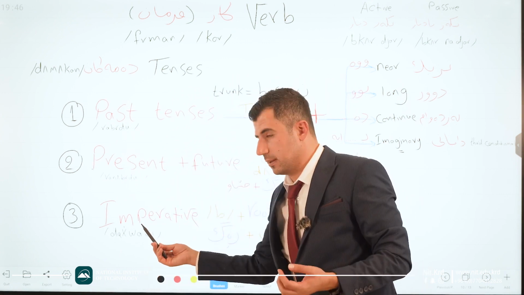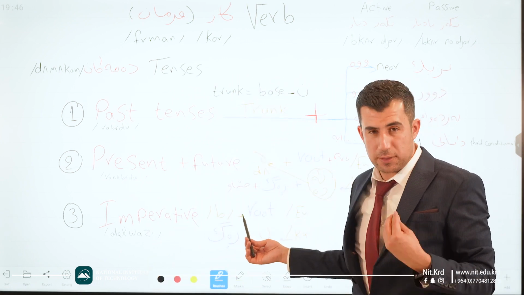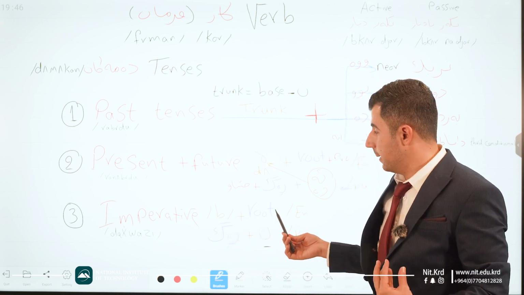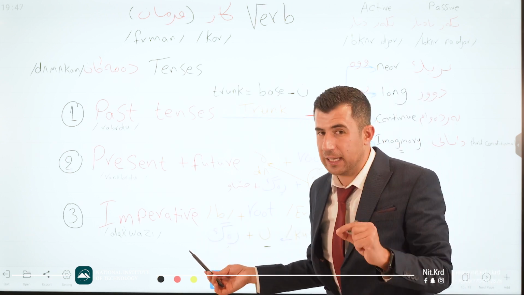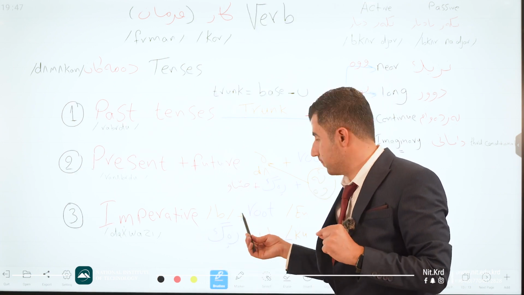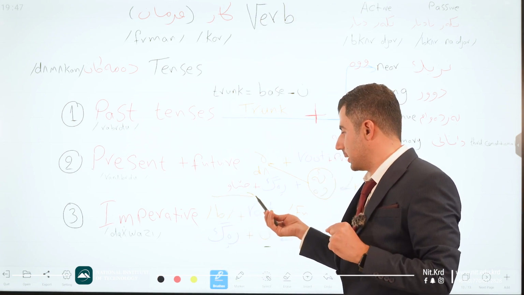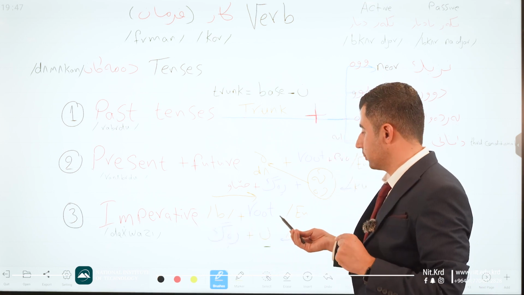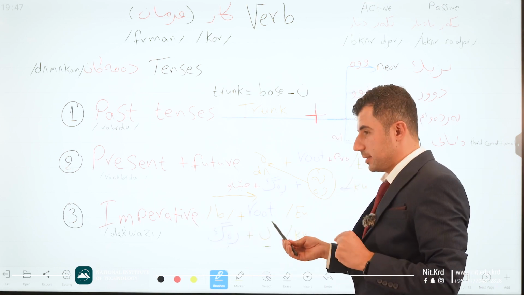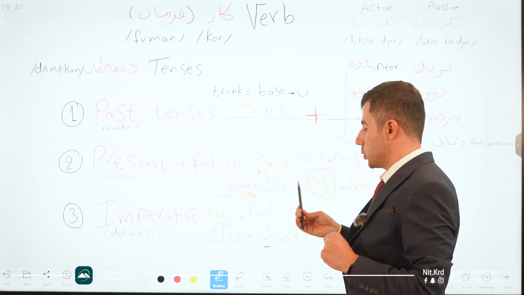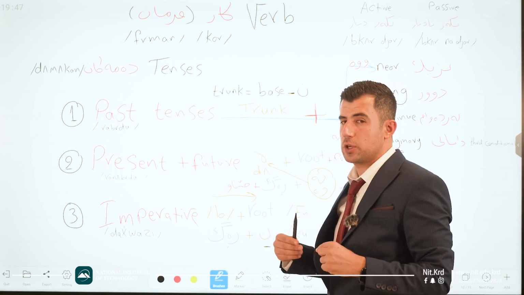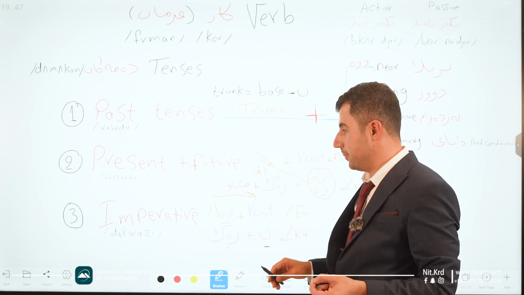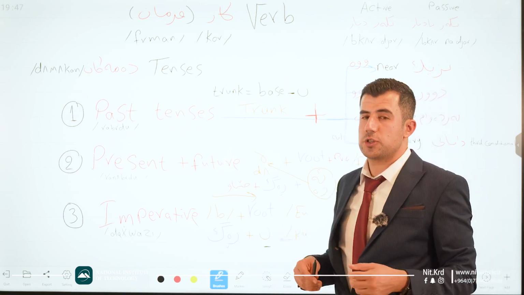For making imperative, again we have to bring the root of the verb, but we just add b at the beginning of the root. This is the English direction that I write here, but on this side in Kurdish we have to add b before the root of the verb. Okay, let's move to examples.